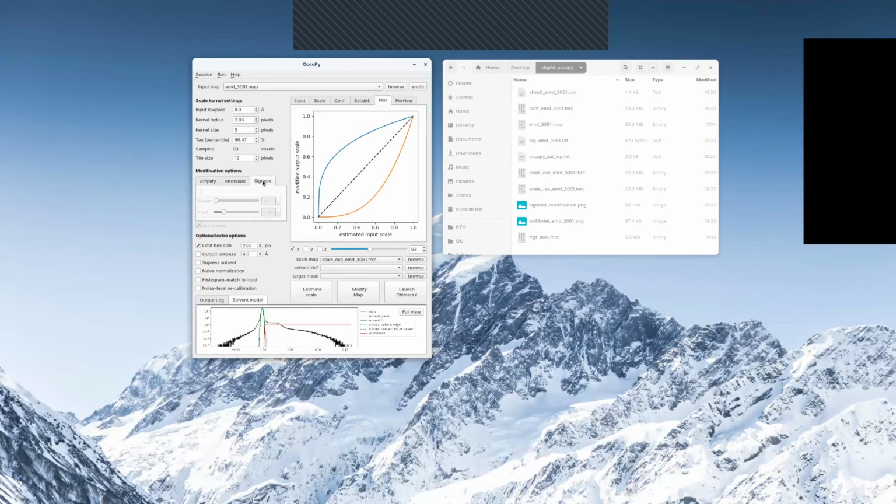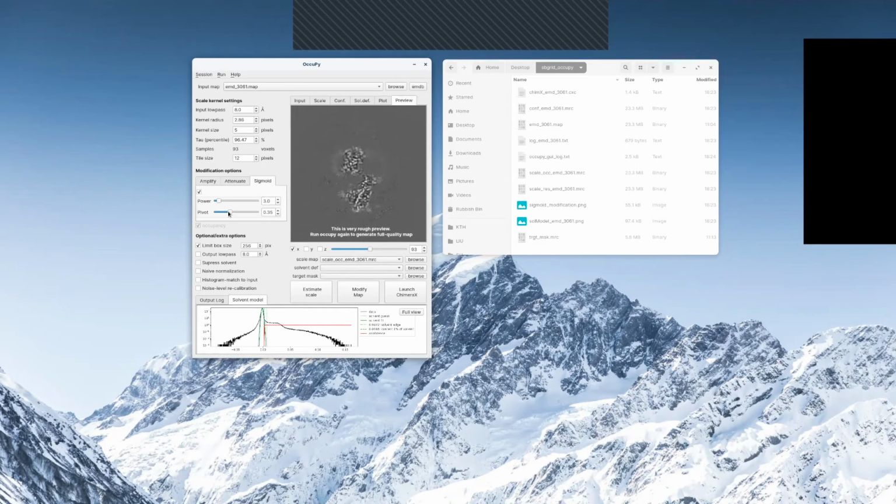And then there's a combination of the two called sigmoid, which has a power to say how much you should affect, but also gives you a bit finer control over which point is interesting to you. If we look at the preview, if I move the pivot up, I start to attenuate away higher and higher occupancies. The power corresponds exactly to how much I want to change that. This is just a preview, but we can apply all of these changes by clicking Modify Map. If we check the output log, we're generating a bunch of new files here, and it's done.